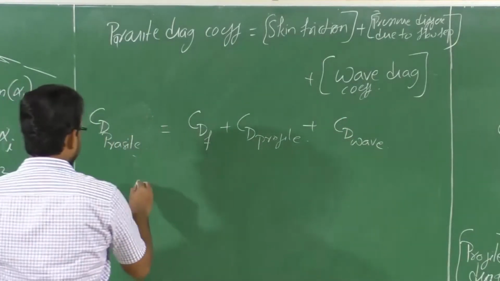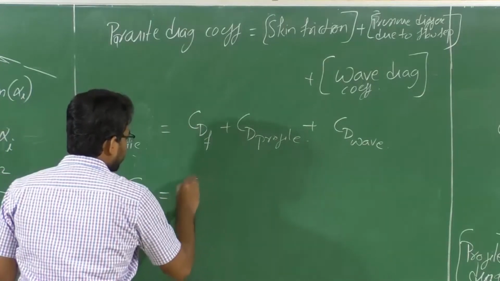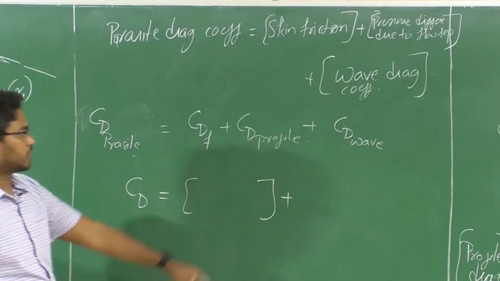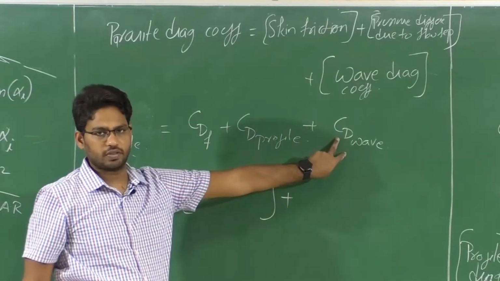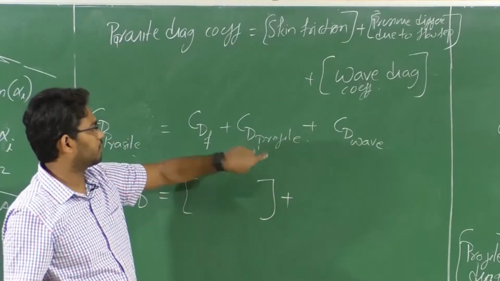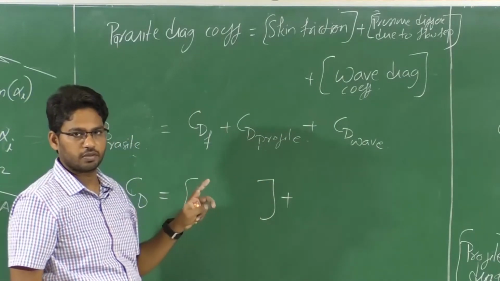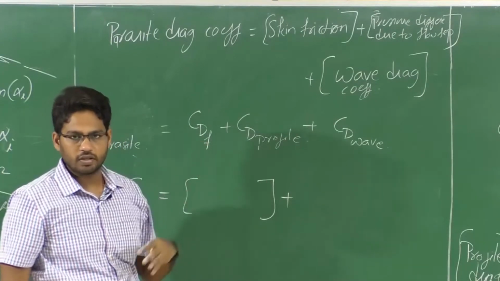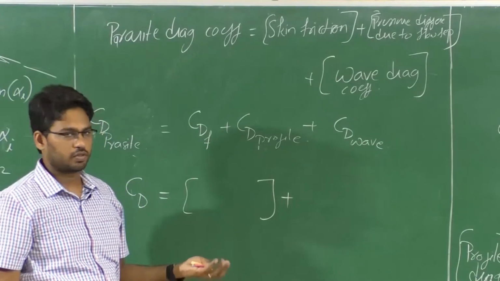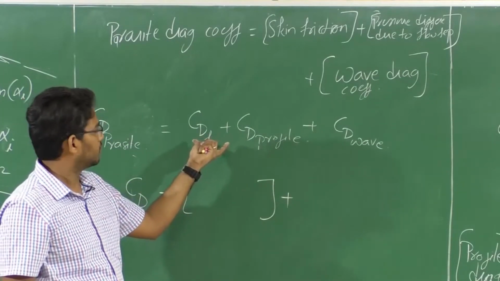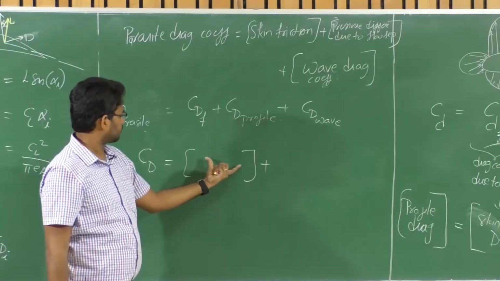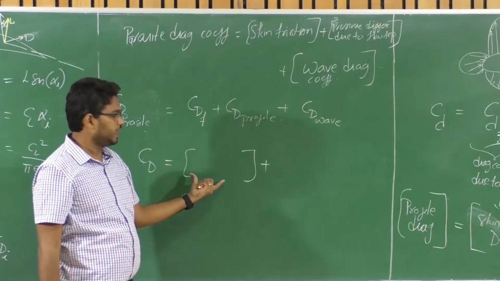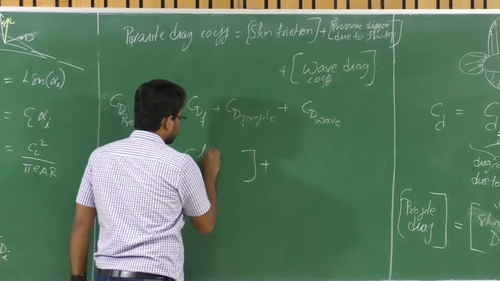So now we can write this total CD as lift independent drag and lift dependent drag. All these are lift independent drags, isn't it? CD wave is because of the Mach number, not because of the lift. CD profile is because of the pressure difference along the free stream velocity, not perpendicular to it. And CDF is due to skin friction, a major contribution of drag in the direction of free stream velocity. So all three put together, we can say it's the lift independent drag coefficient, right?